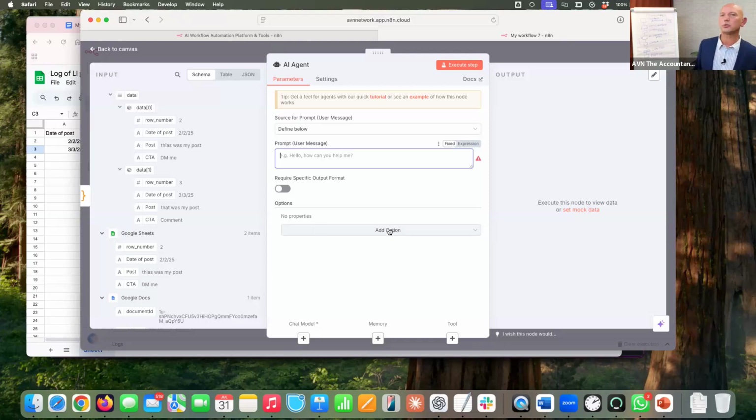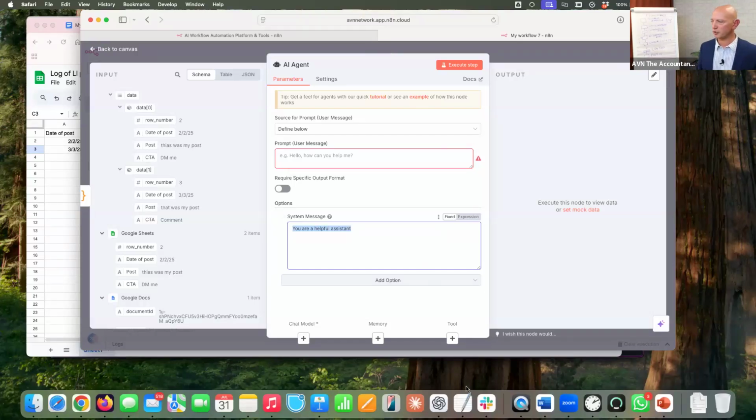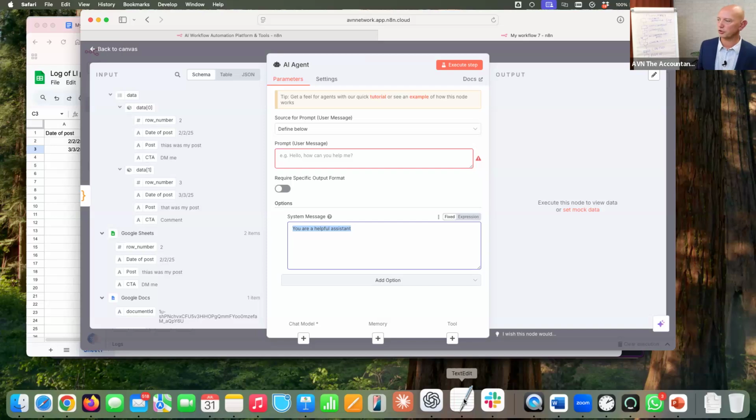And the other one, and it's usually hidden by default, is the system message. Now, the system message is really, really important. The default just says you are a helpful assistant. Well, we want it to be very specific and not just a helpful assistant here. So what I'm going to do, again, in the spirit of here's one I did earlier, I'm just going to talk you through,